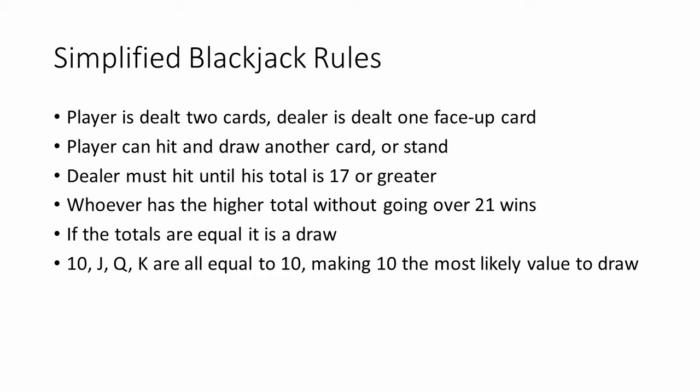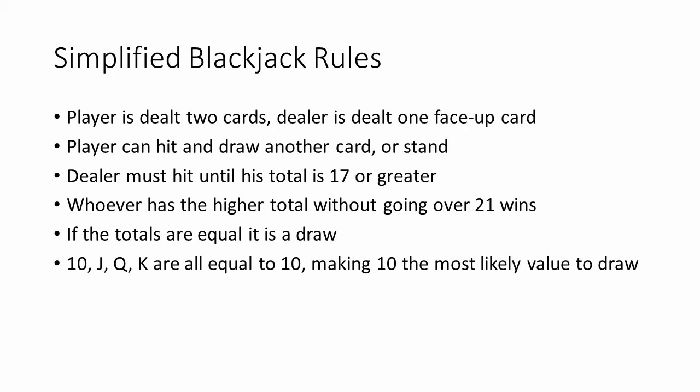Once the player stands, the dealer must hit until his total is 17 or greater. If the dealer busts, he loses, and if the player has not already busted, then the player will win. Otherwise, whoever has the highest total will win the hand. The value of a 10, Jack, Queen, or King are all equal to 10, making 10 the most likely value